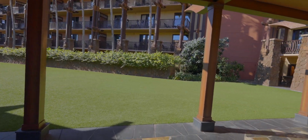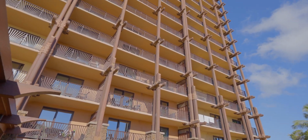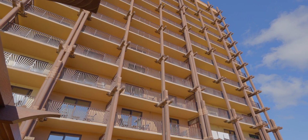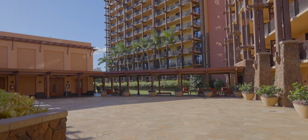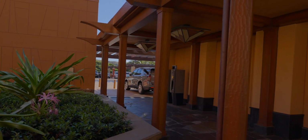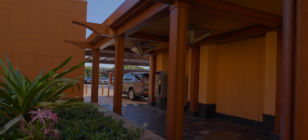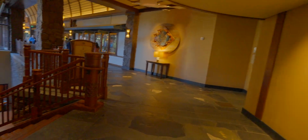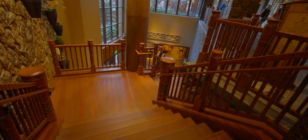They have this beautiful lawn here. These rooms that are facing towards the back here are standard view rooms, so if you don't have oceanfront, you'll be looking out here onto the courtyard. Right next to this courtyard space over here is the guest parking area. So if you are local and you're coming by, they do have parking available for you, and all the parking rates are online. We're gonna make a left turn and head down the stairs to some of the dining options